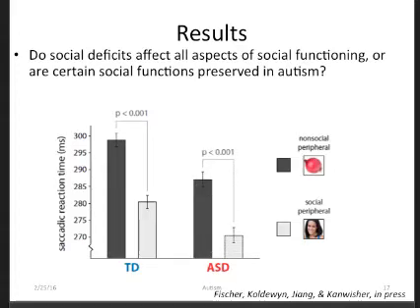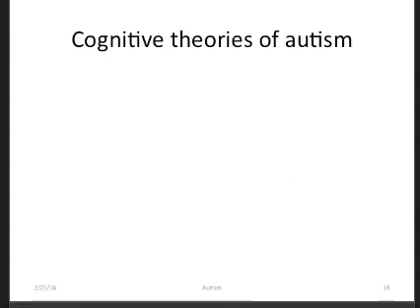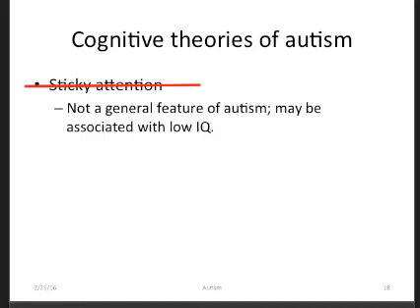These data show that at least some forms of social functioning are preserved in children with autism spectrum disorder. In particular, these children show preferential attentional orienting towards social stimuli, even though they may be impaired at more abstract aspects of social reasoning. These findings led me to cross out sticky attention as a general account of